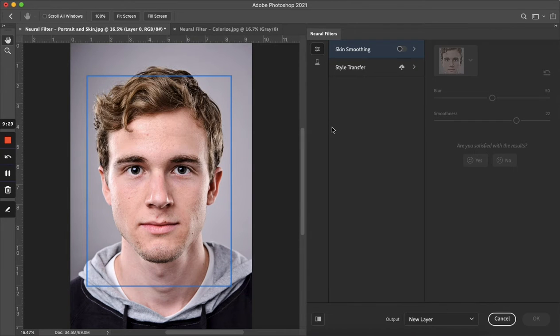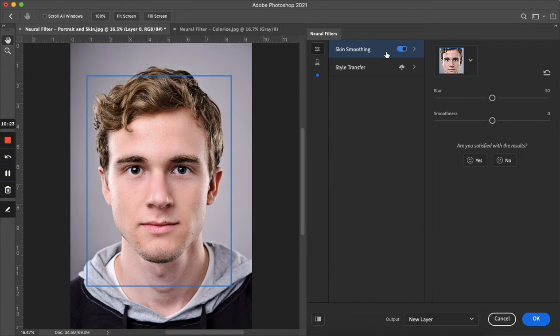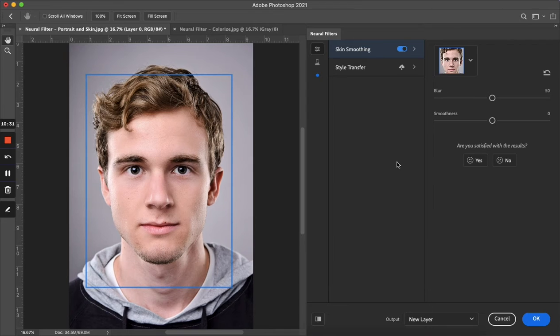So you can see here as it pops up, there are 2 different categories here. The normal ones, which are still in development, of course, and then also the beta filters as well. So I want to jump right in here to this first option, skin smoothing. Go ahead and make sure that is clicked, and then we have 2 different sliders here. You can see here that as I play around, let me zoom in a little bit so we can see